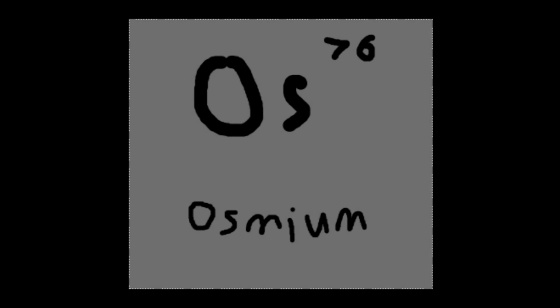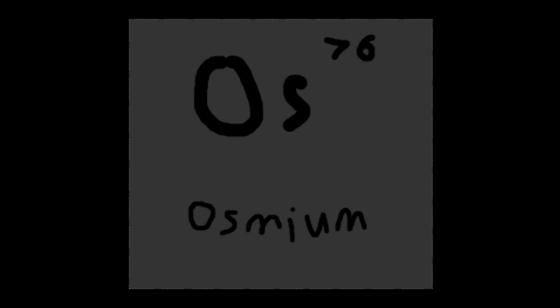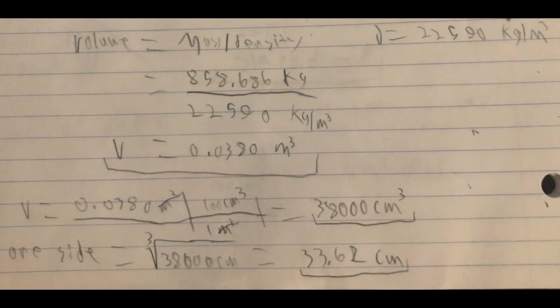Osmium is the densest non-radioactive element, and osmium has a density of 22,590 kilograms per meter cubed. We have the mass of our object. Now we just need to figure out the size, and we have density. Volume is described as mass divided by density. So we take our mass of 858 kilograms and divide that by 22,590 kilograms per meter cubed and get a volume of